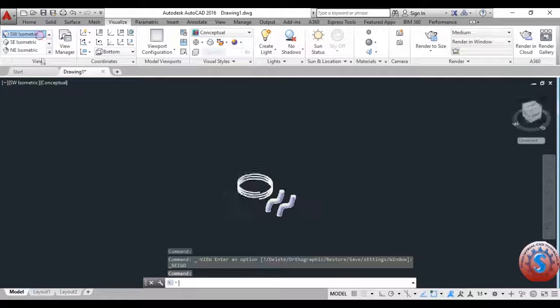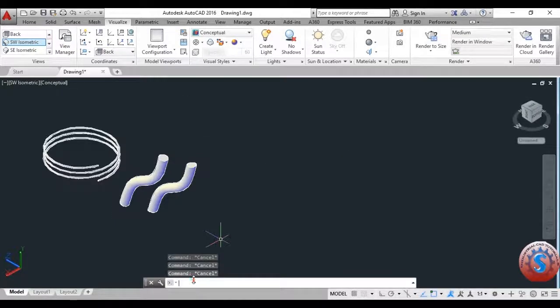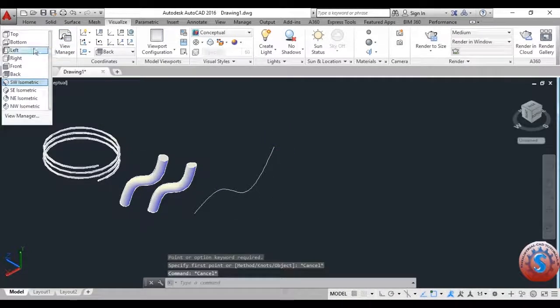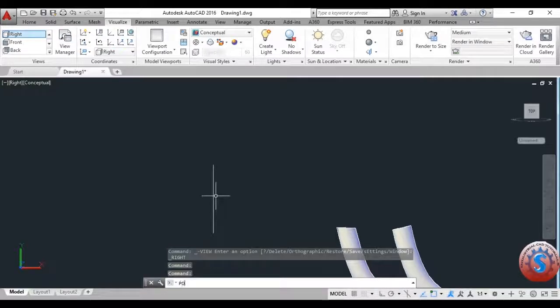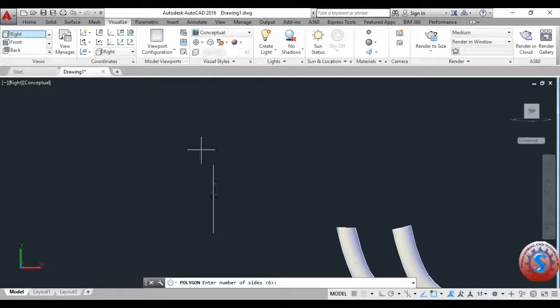I have already explained some of the basic tutorials in previous tutorials, and now go on to the spline operation again. I'm giving one spline over here like this, and click enter 3 times. Then the spline disappears, and go on to wherever you want to develop. I'm giving the right view, this is the right view, and go on to the polygon. I'm giving a 6 sides polygon, click enter, and give any center of the polygon,